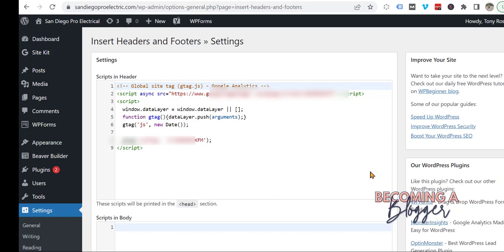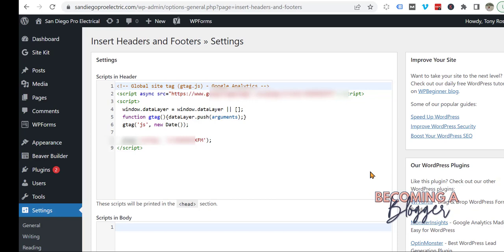So if you watched the previous tutorial, I showed you how to set up your Google Analytics tag so that Google can start tracking the website traffic to your blog. A lot of people ask me, how do I know if I did it right? How do I know if it's tracking properly? Very good questions, and I'm going to quickly show you how we can confirm that Google Analytics is tracking